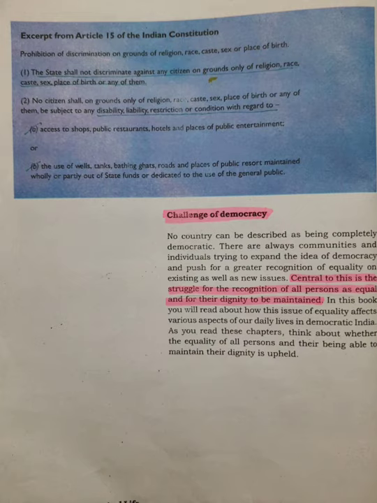Excerpt from Article 15 of the Indian Constitution. Prohibition of discrimination on grounds of religion, race, caste, sex, or place of birth. The state shall not discriminate against any citizen on grounds only of religion, race, caste, sex, place of birth, or any of them. No citizen shall, on grounds only of religion, race, caste, sex, place of birth, or any of them, be subject to any disability, liability, restriction, or condition with regard to